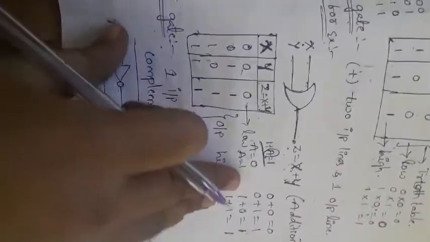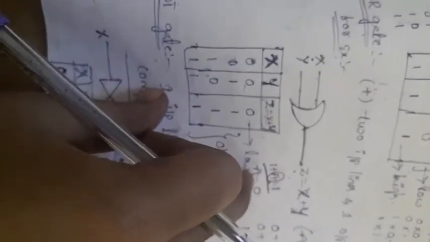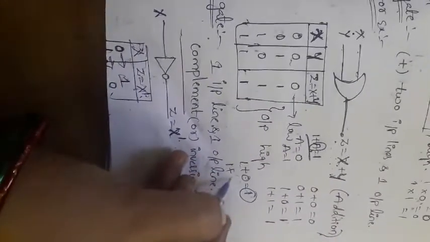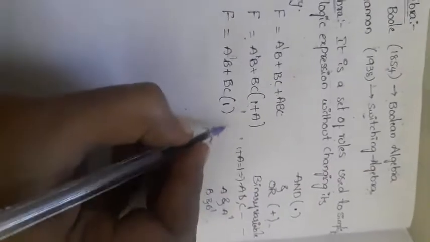Here we have the equation 1 plus a is equal to 1. In the place of a, I am substituting 0 or 1. First I take a equal to 0: 1 plus 0 is equal to 1, so the result is 1. Then in the place of a I take 1: 1 plus 1 is equal to 1. So that's why I am using the formula 1 plus a is equal to 1 by the OR law. Just substitute that here: 1 plus a is equal to 1 from the OR law.